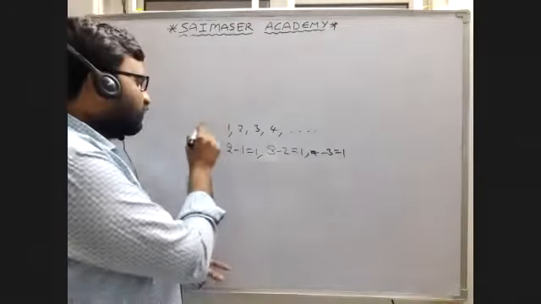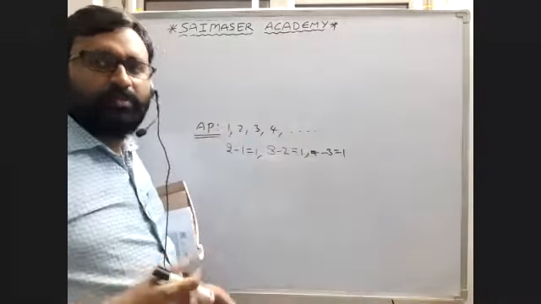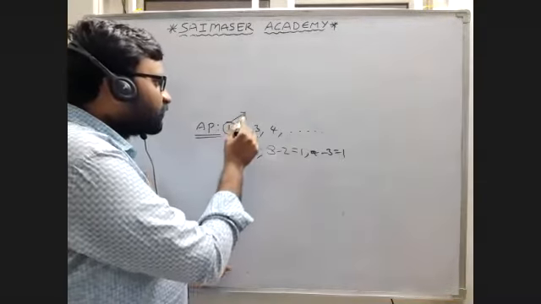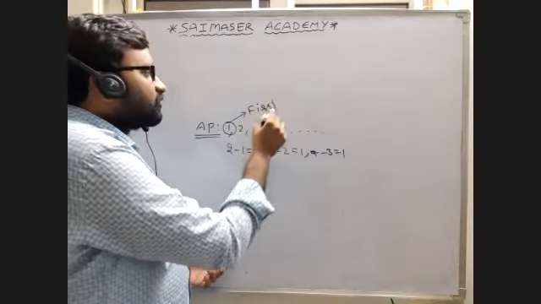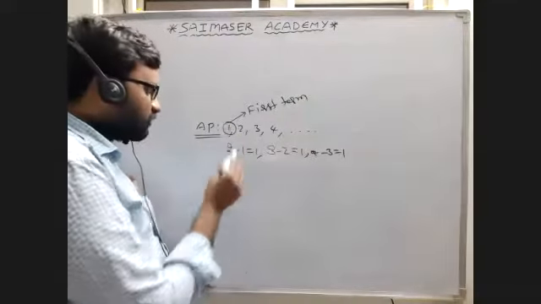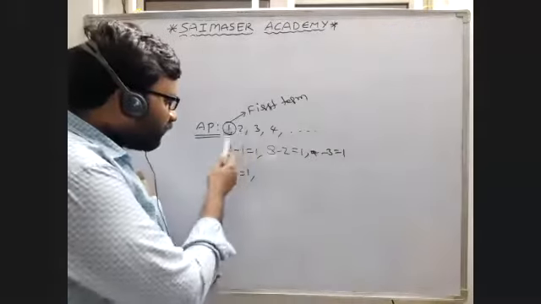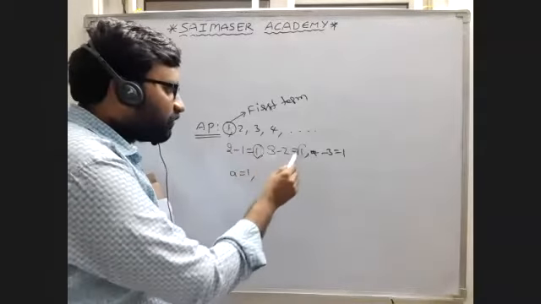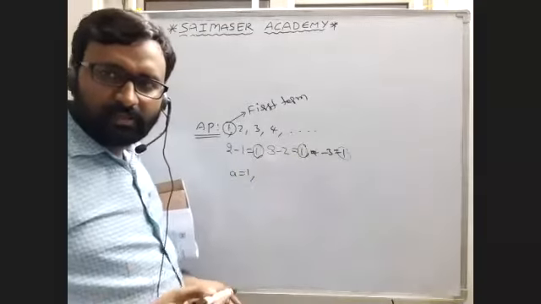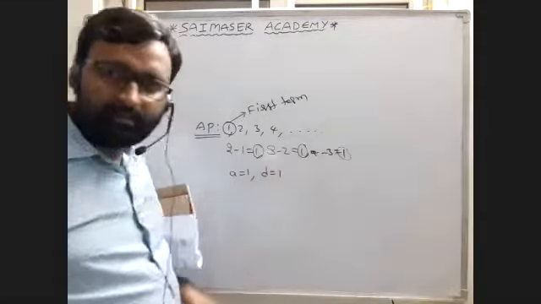This is AP, arithmetic progression, we say. Now we are learning GP. In arithmetic progression, the first thing is called the first term. Once again, I am recapping. We denote this first term with a equal to 1. And the common difference is 1. You can take every number and subtract the preceding number, and you will get 1. That common difference is denoted with d equal to 1.